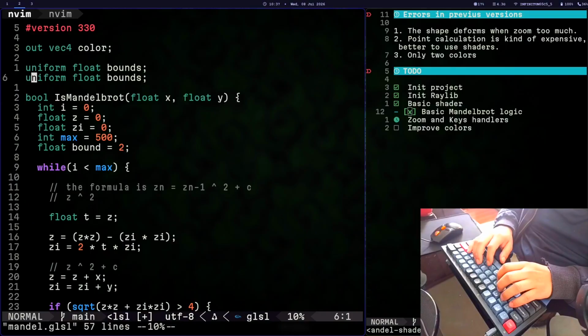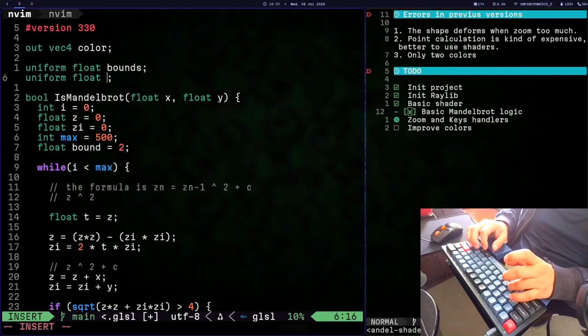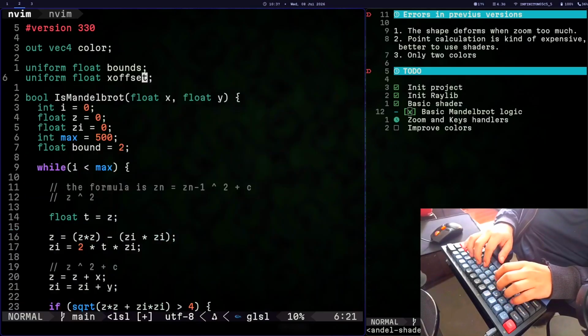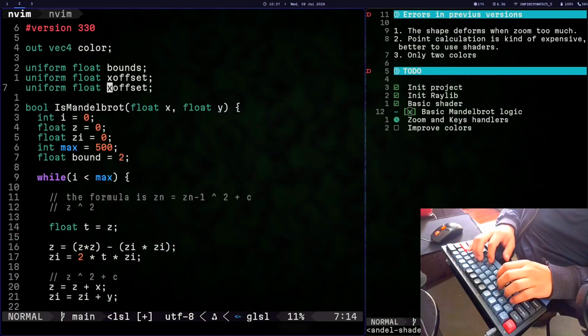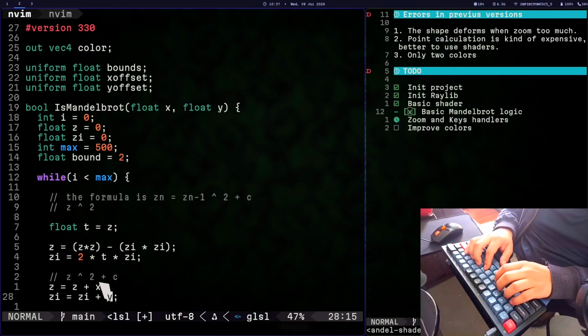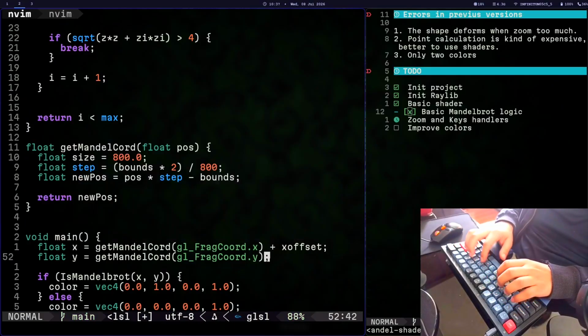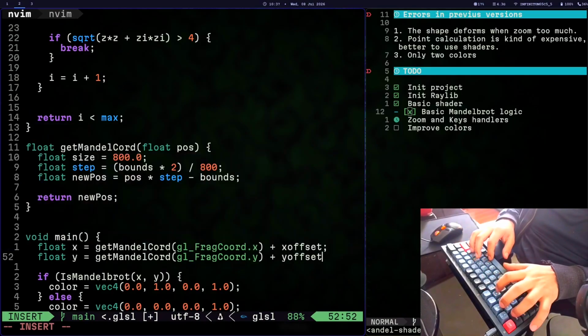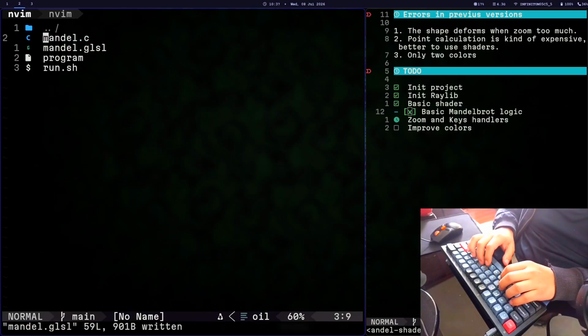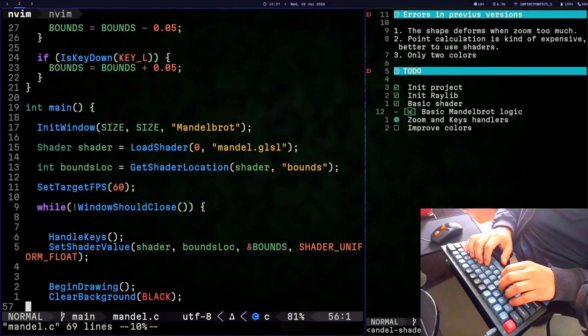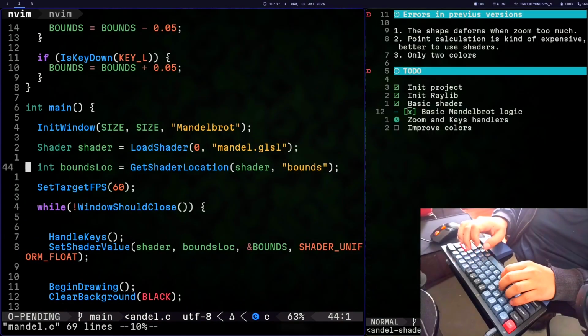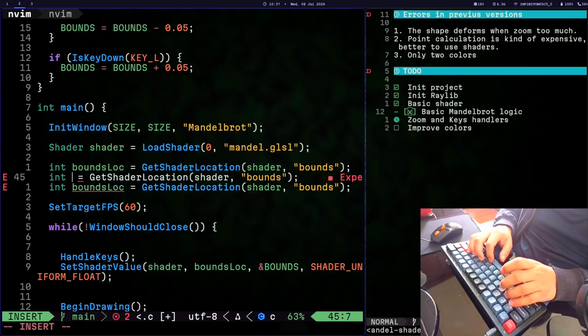So the same thing here, X offset and Y offset, and here X offset and Y offset. Same here. X offset